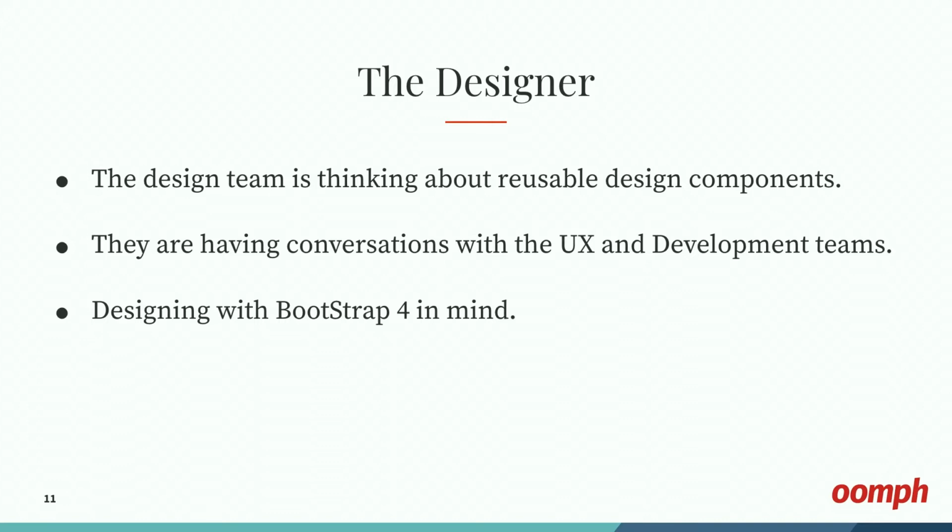But the designers are also thinking about where their functionality or components are coming from. As a company, we've decided to use Bootstrap 4. It has a good chunk of stuff that we'll be using, and there's stuff we don't need. So we're still figuring out exactly what parts of Bootstrap we want to use, and then what third-party libraries we might use for things like